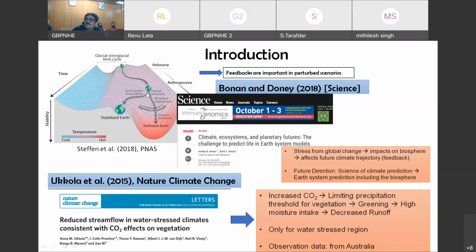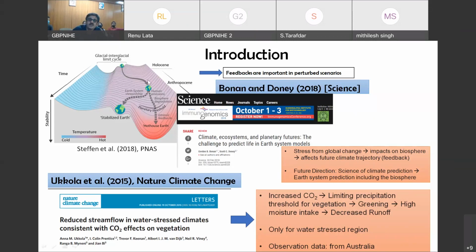Under a stabilized condition, let's say if you reduce your emissions and everything, we'll probably reach here. But the way we are going, we'll probably reach the threshold, and after that a new state will come. Steffen et al. named this one Hothouse Earth. And one of the very important scientific hypotheses he put forward is this: